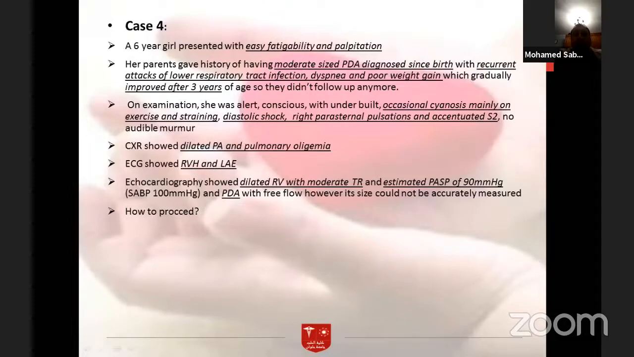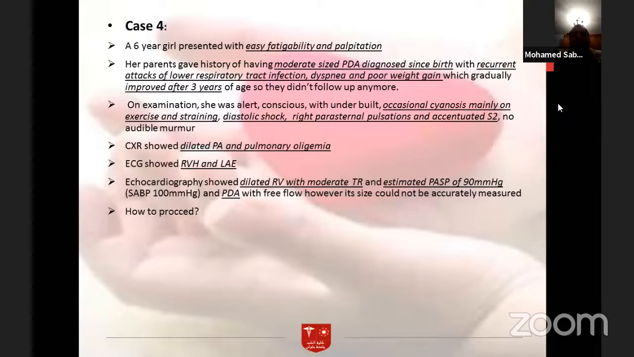When we see children with moderate-sized PDAs, we have to encourage early management so that we don't get into complications of pulmonary hypertension. When we examine this girl at 6 years old, we find profound manifestations of severe pulmonary hypertension in the form of low body weight, cyanosis on exertion, diastolic shock, which is a palpable pulmonary component of the second heart sound, right parasternal heave due to right ventricular hypertrophy as a result of pulmonary hypertension,